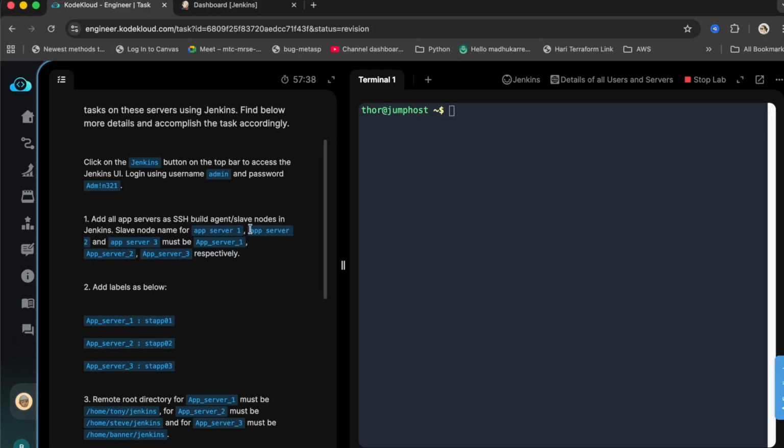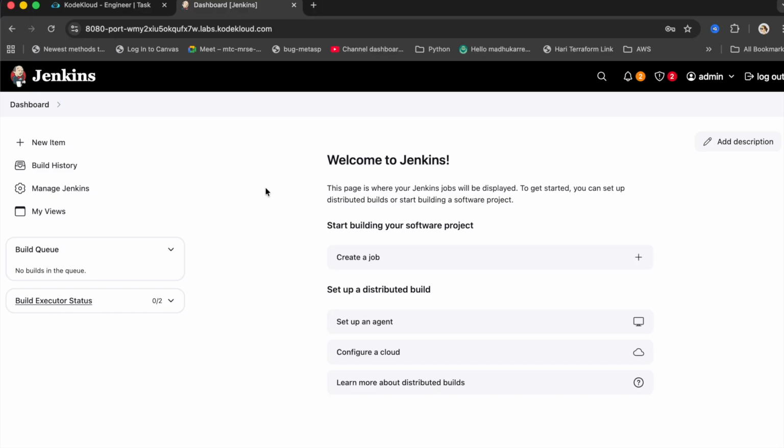Task: we need to add 3 Jenkins slave nodes. I know how to do this step by step, but I'm going to deliberately make mistakes to show you how to do it. So as a newbie, once you log in, what you're going to do, click on Manage Jenkins,